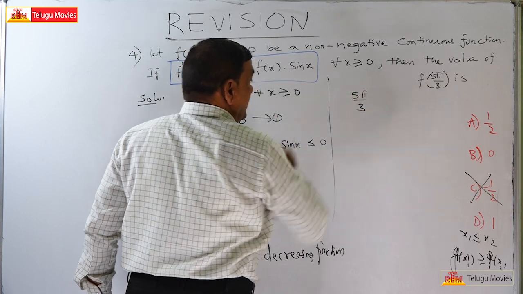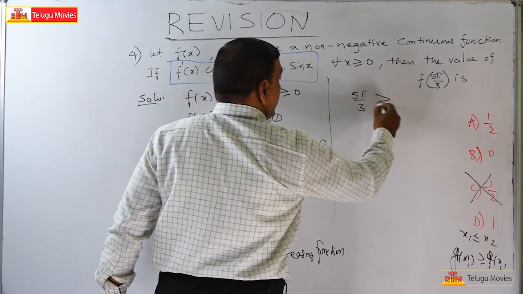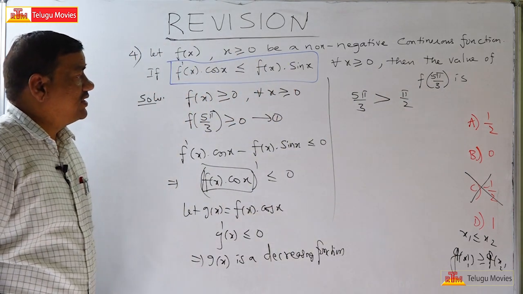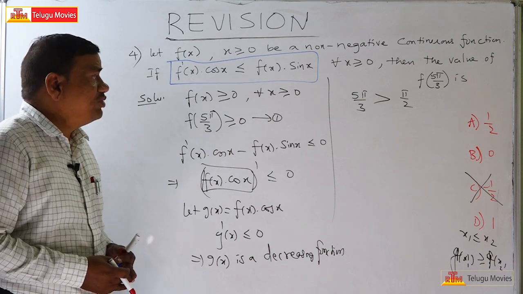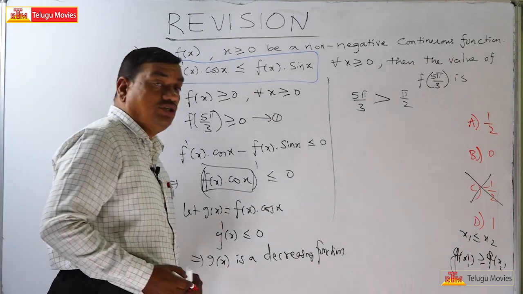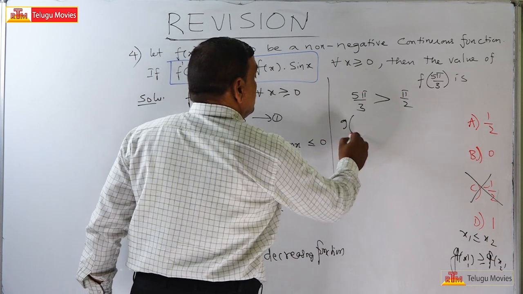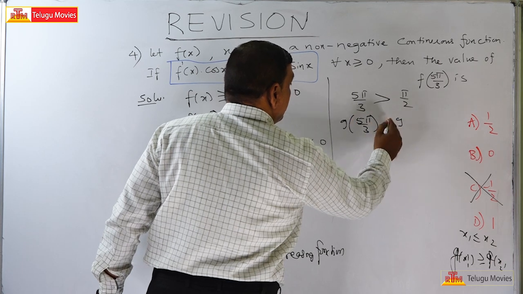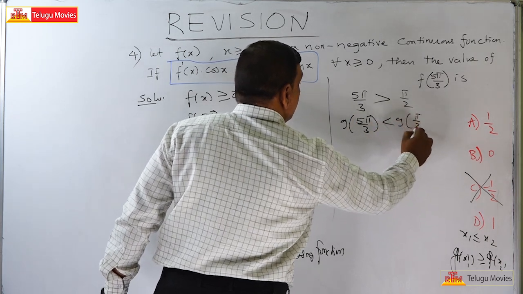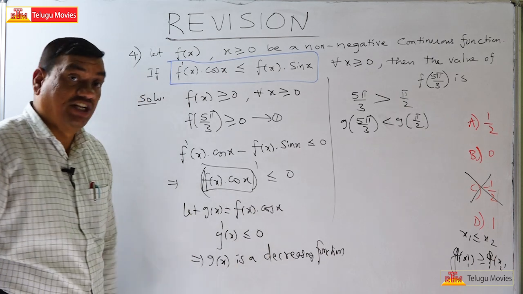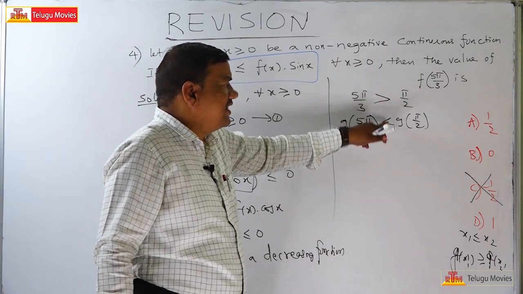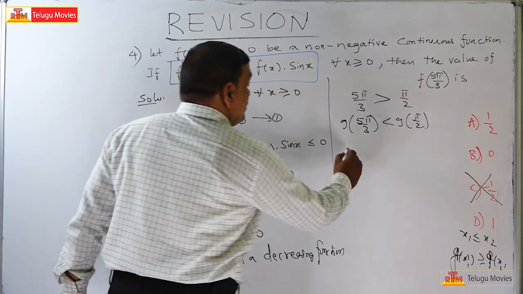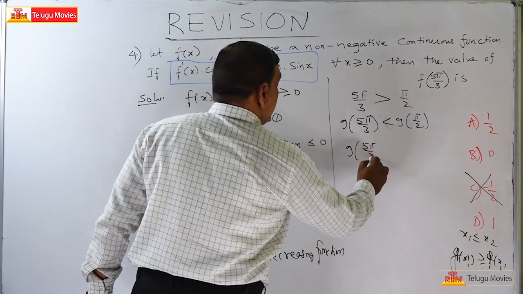5 pi by 3 is greater than pi by 2. Am I right? 5 pi by 3 means 300 degrees. Pi by 2 means 90 degrees. Since g of x is a decreasing function, g of 5 pi by 3 is less than g of pi by 2. Since it is a decreasing function, the inequality changes. If it is an increasing function, greater than stays greater than, and the inequality won't change. Now this is, g of 5 pi by 3 is less than